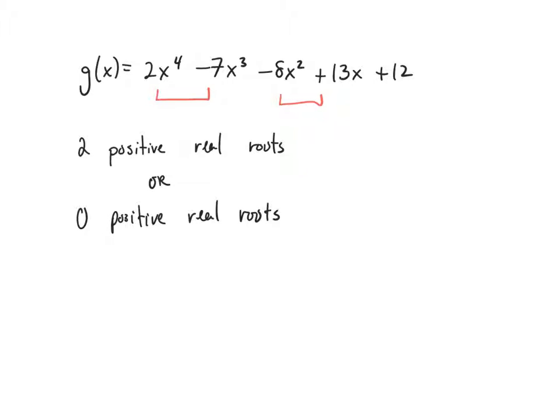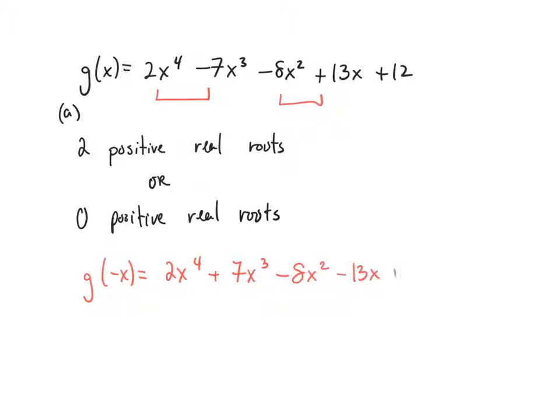And then, so you would put g of negative x on negative. Correct. So negative 2x to the 4th. Careful. Remember, what did we say? Just negate all of the terms that are odd degrees. Good. Okay, so it would be 2x to the 4th plus 7x to the 3rd minus 8x squared plus